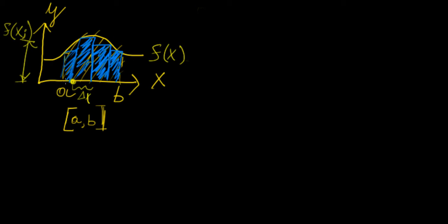So we're going to create sort of a grid here. We're going to break it down into little slices, and then each of those points is going to have a value of the function f of x, and then each of those is going to be the height of the rectangle. So delta x, we essentially want this width to be constant. We want it to be the same for all rectangles, because that will give us a better approximation, a better method for approximating this. So the best thing we can do is, let's say we have n number of strips